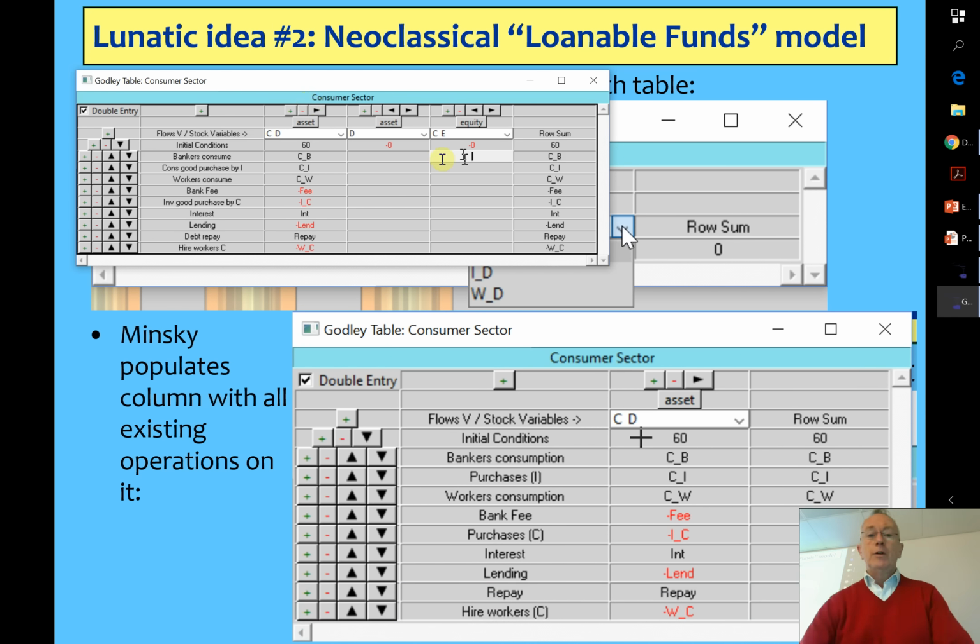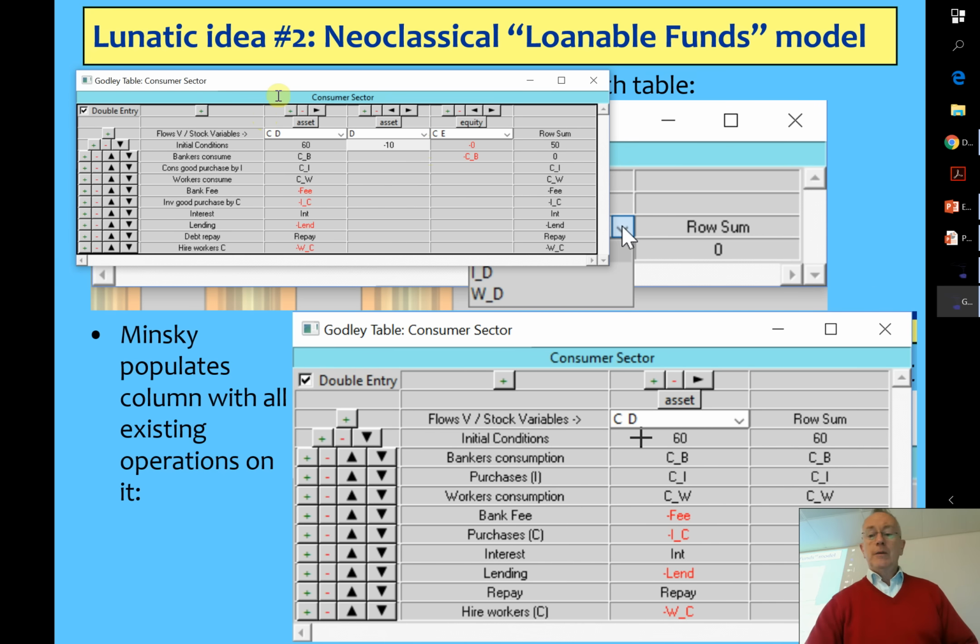So you now have to say, well, where does bank consumption end up? That's an income for the consumer sector. So you have to have the matching entry there as a negative in the equity column, and that now gives you 0 there. Notice you've got no value for the debt. Let's say the debt starts at 10, the initial condition of debt. That means the total, I've made a mistake there again, I'll show that in a moment too. Sometimes Minsky includes a negative as a default in a column, which it shouldn't do. So I actually put a negative asset there because I want it to be a positive asset.